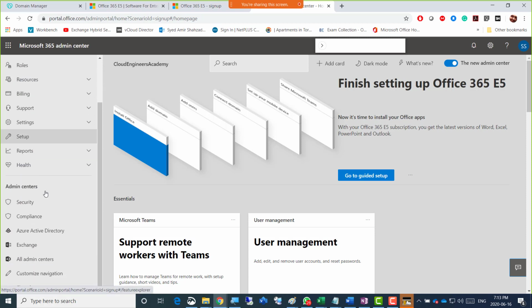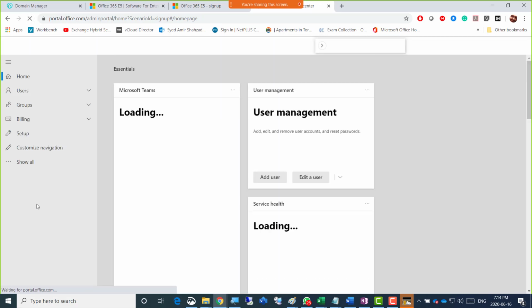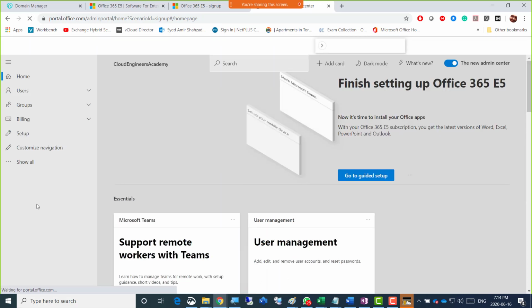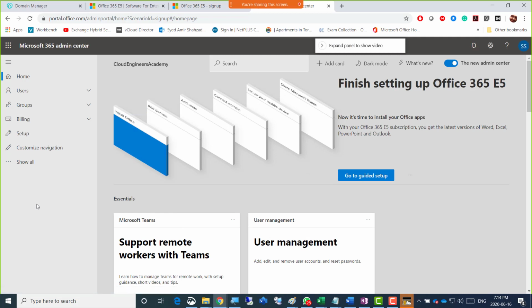Okay, so let's go down to what we were doing, and we don't see SharePoint. Yay! Because it's a new account and they are still in the process of creating it, right? So I don't see SharePoint. Do you? Nope.